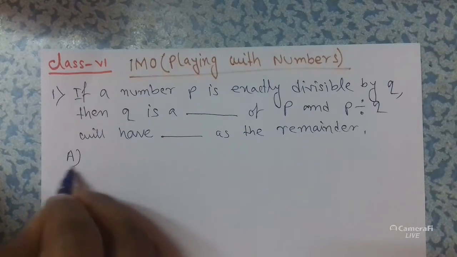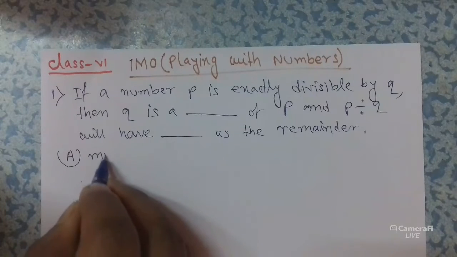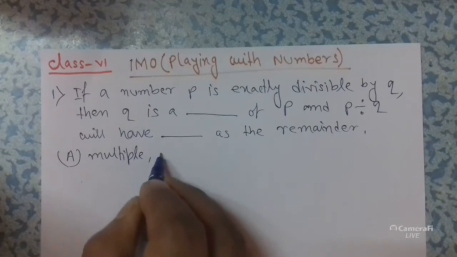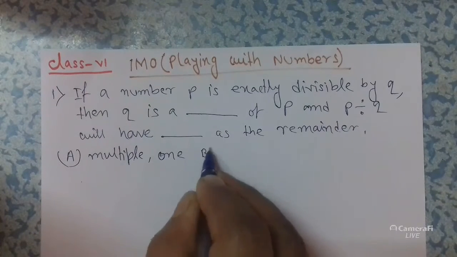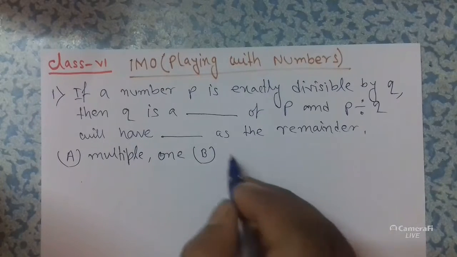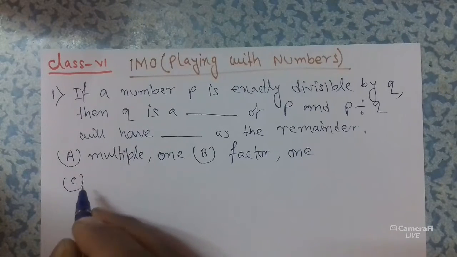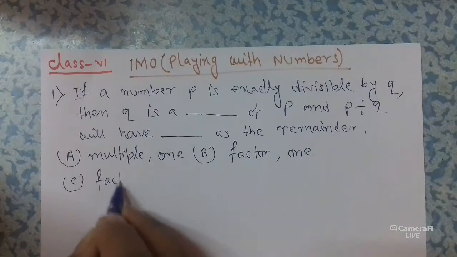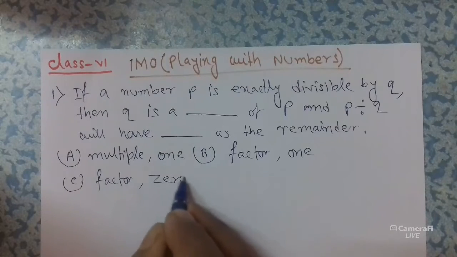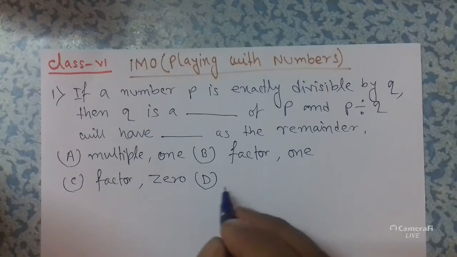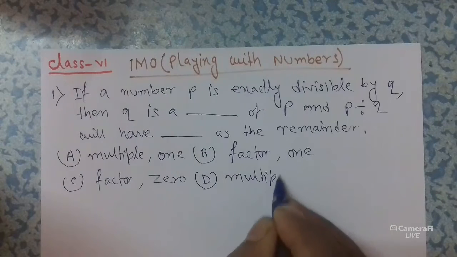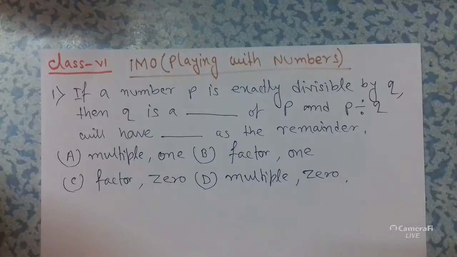The options are: A, multiple and 1; option B, factor and 1; option C, factor and 0; and option D, multiple and 0. So students, always remember that when a number is exactly divided by another number, then the another must